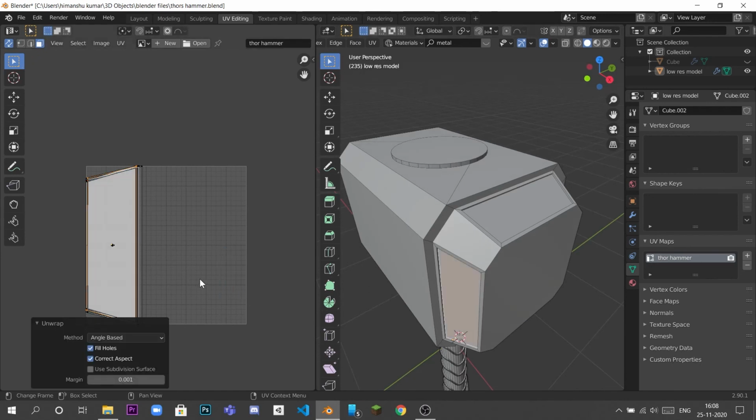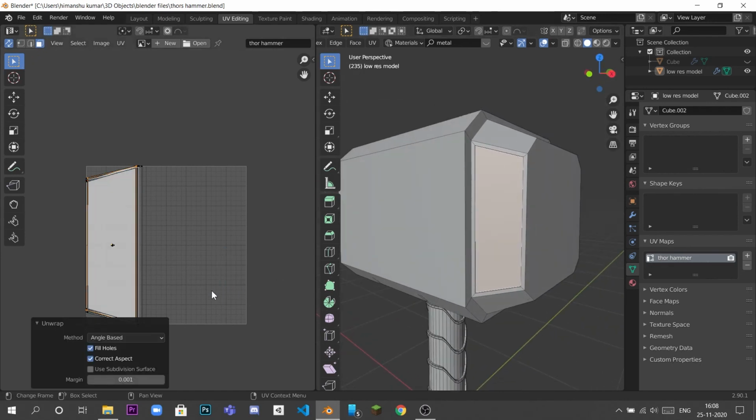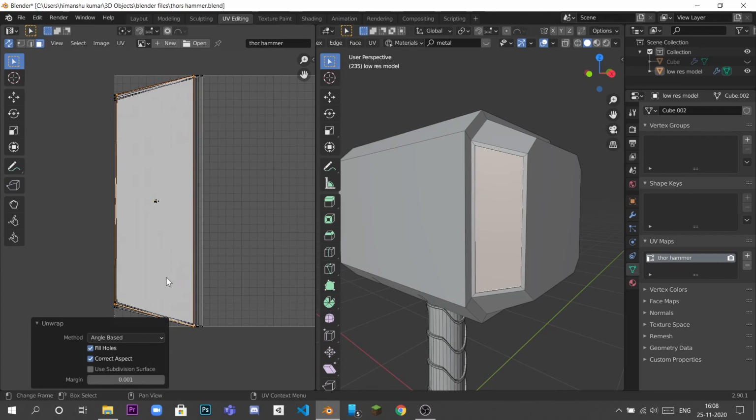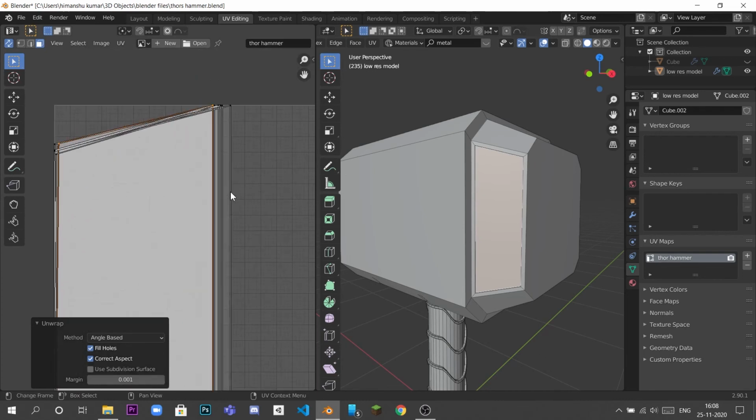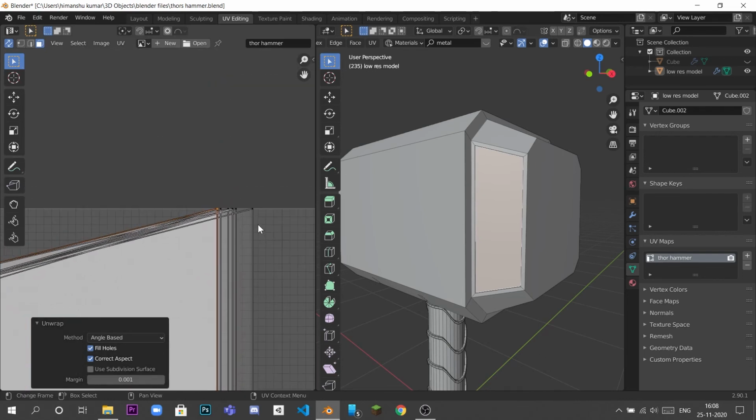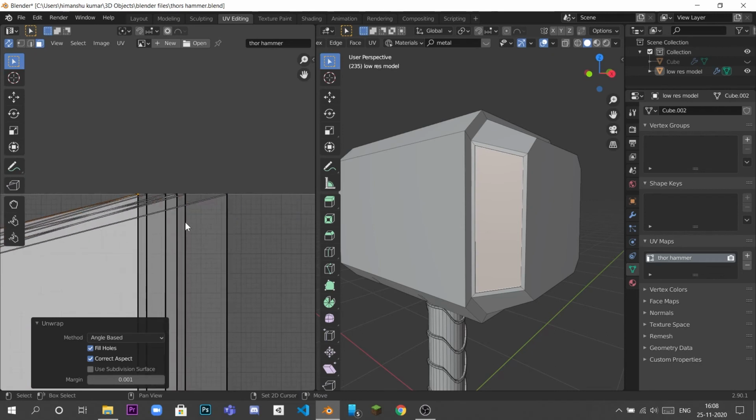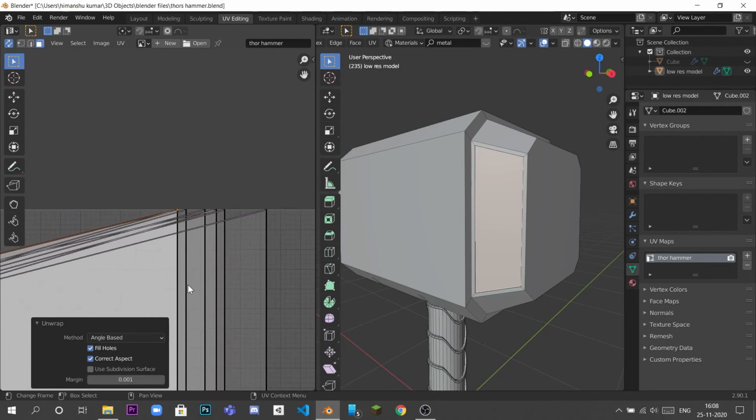I have just UV unwrapped all of these at one place, and now I merge all these vertices, so the maximum overlapping should be there.